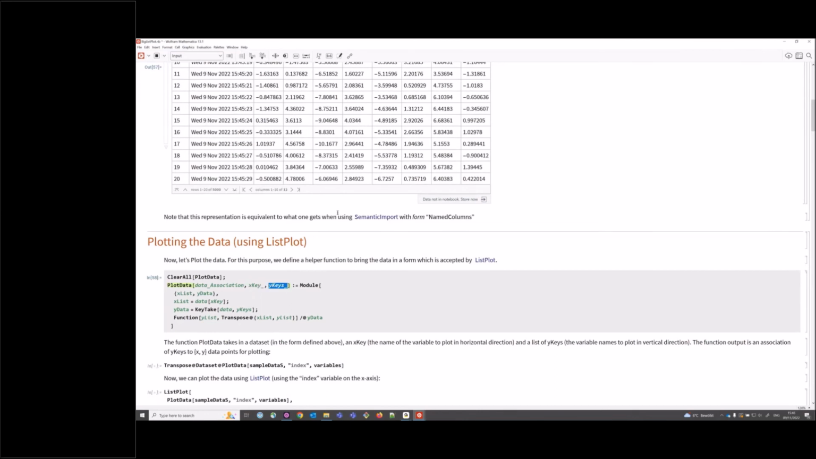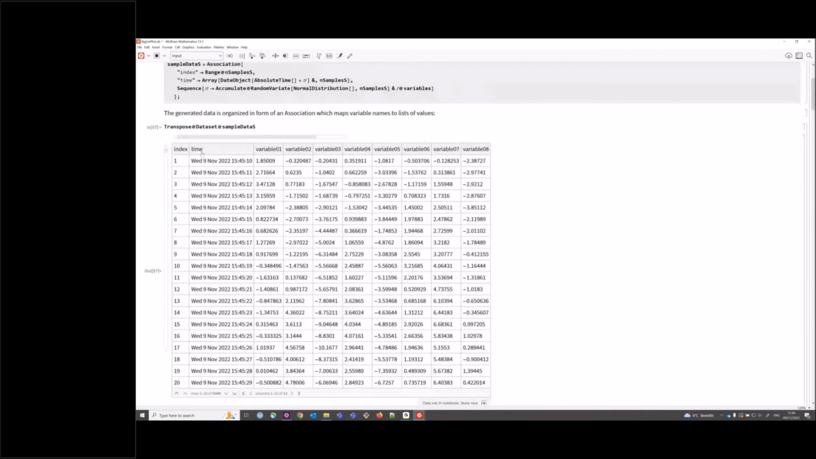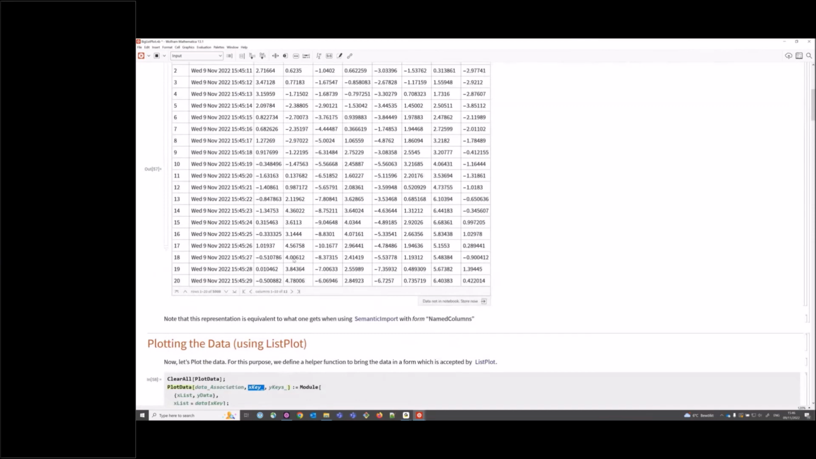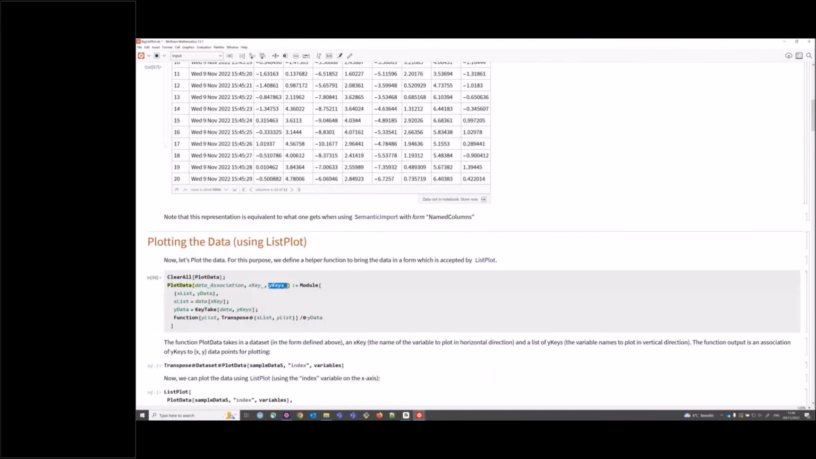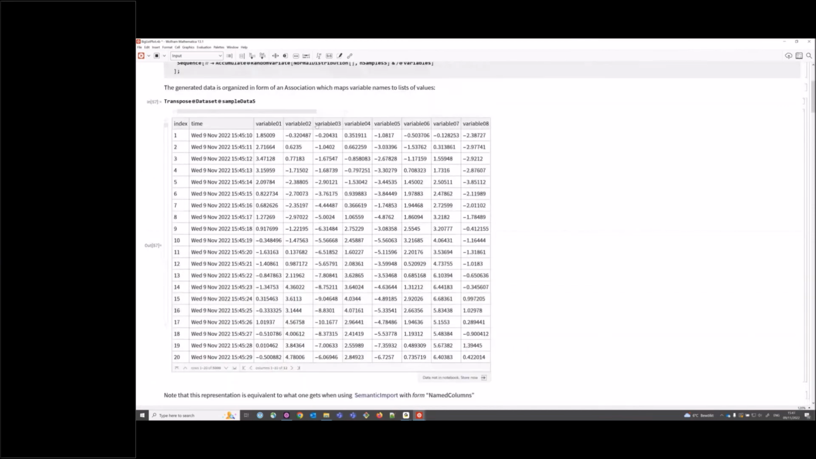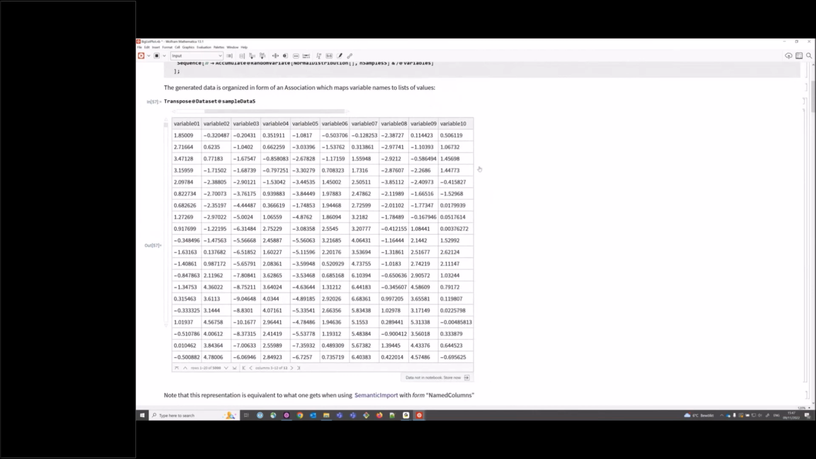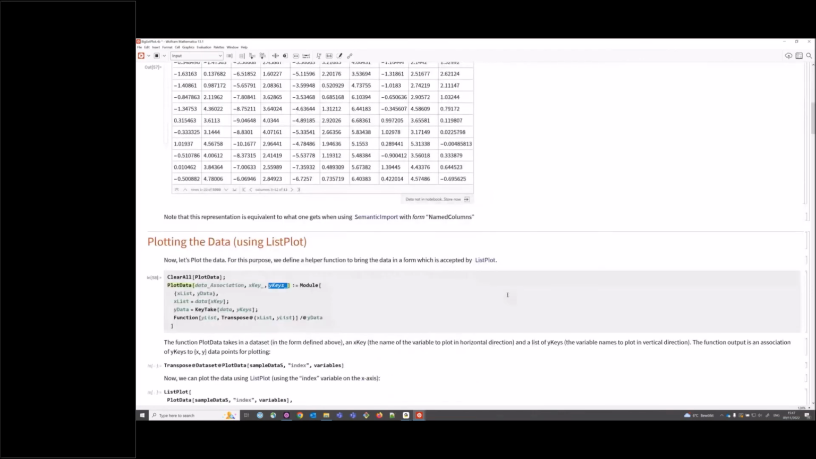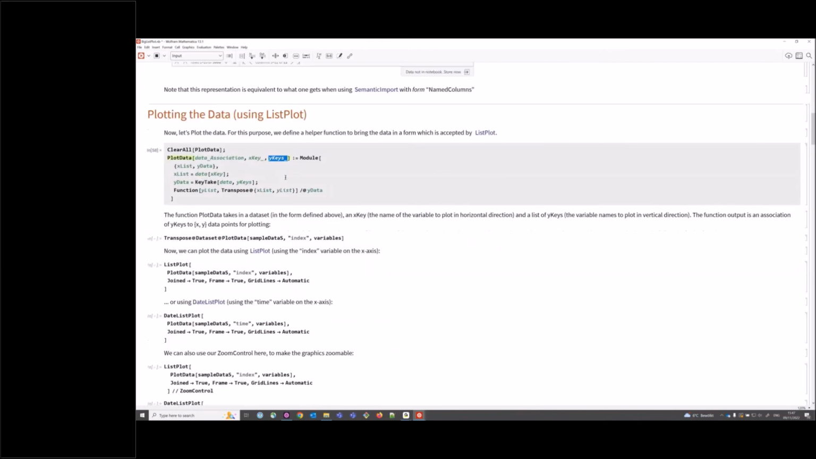So this is a single variable. It's either index or time, and the Y keys are a subset of those 10 variables here. It's 8 because it doesn't display everything. So it's a subset of those 10 variables here. And for this selection, I'm generating the plot data for the ListPlot. So if we want to see what plotData really does,